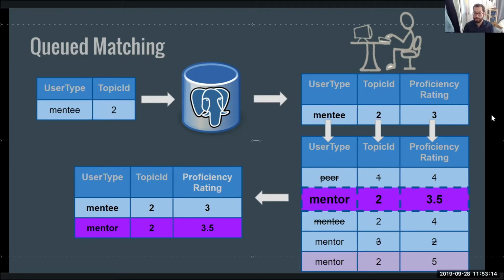So we have this sort of threshold for proficiency ratings. Once we go through the list and we've locked down some partner, we take those two users out of the list so that they don't get called by other users, move them to their own separate table, and at this point, they're assigned a meetup ID that we use to try to match them in real time. So at this point, that's when Tom Smith can explain what happens.